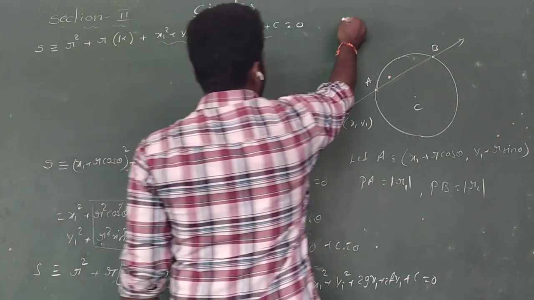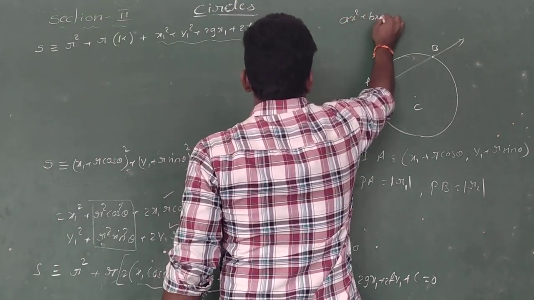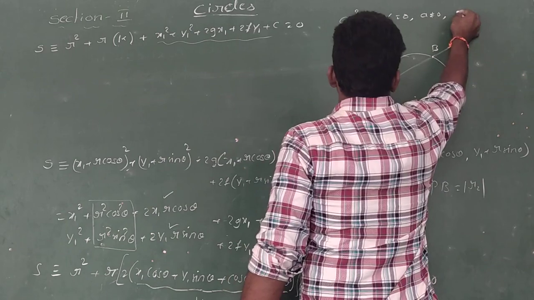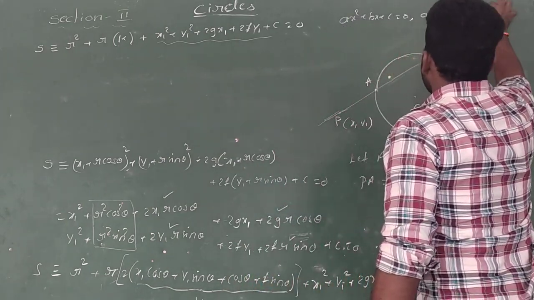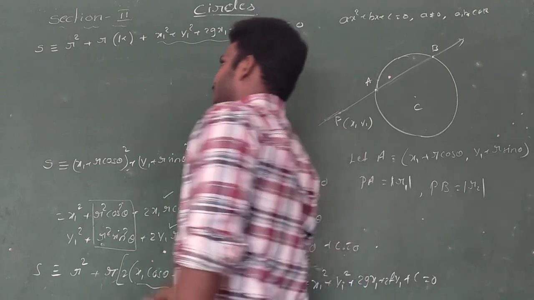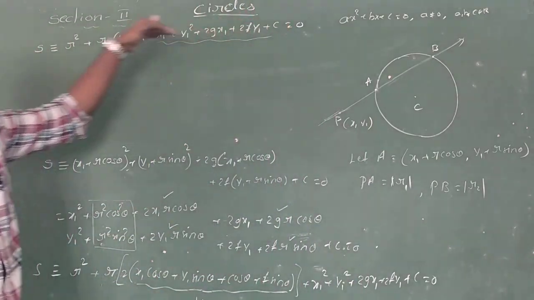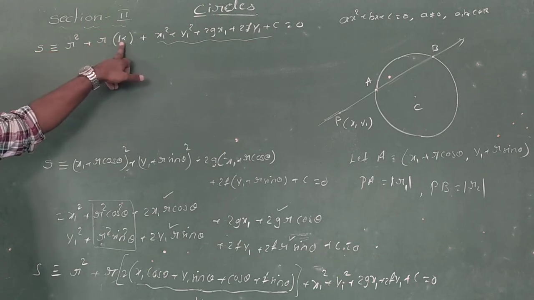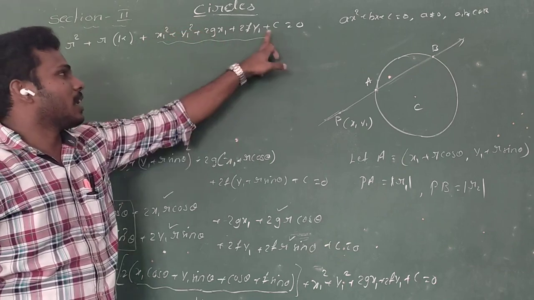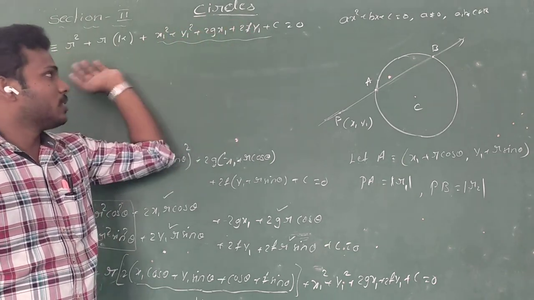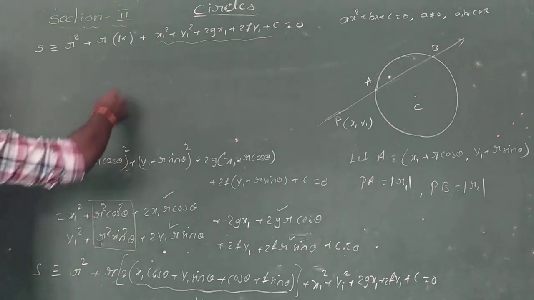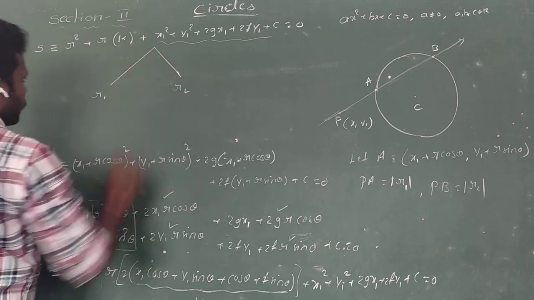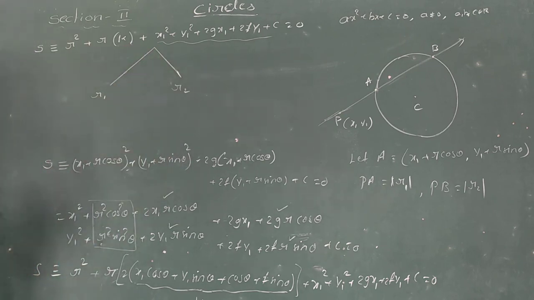What is the general form of a quadratic equation? ax square plus bx plus c is equal to 0, where a is not equal to 0 and a, b, c belong to reals. This is the condition for a quadratic equation. In the same manner, in the place of x here we are involving r. So r square plus r into k plus some constant; without the r term, it is taken as a constant. So it's like a quadratic equation, having roots r1 and r2.